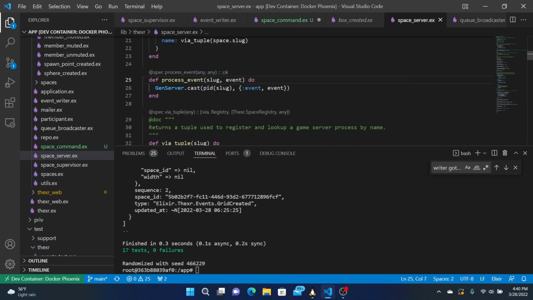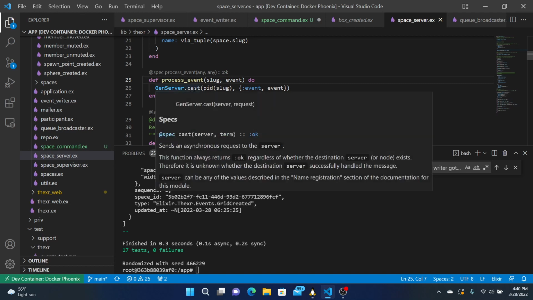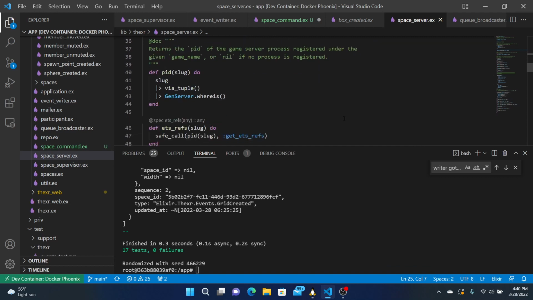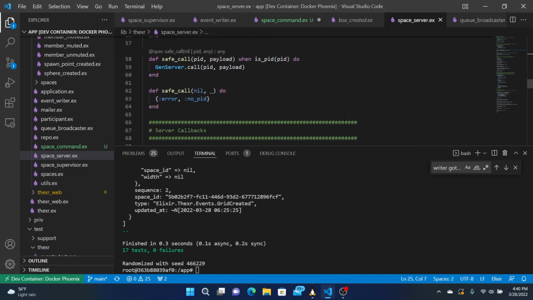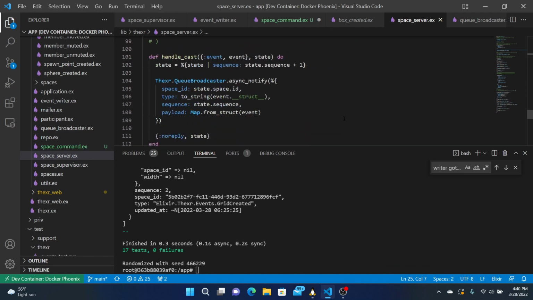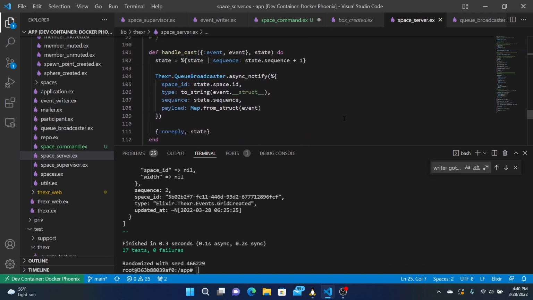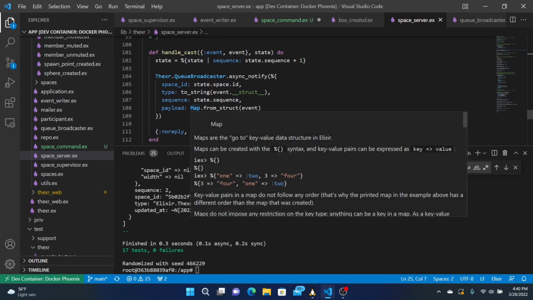So we take the PID of the slug. Let's look at the cast again. Safe handle cast. This creates the payload, and